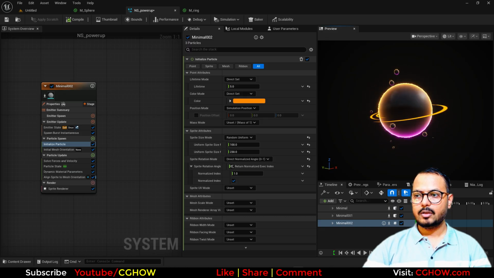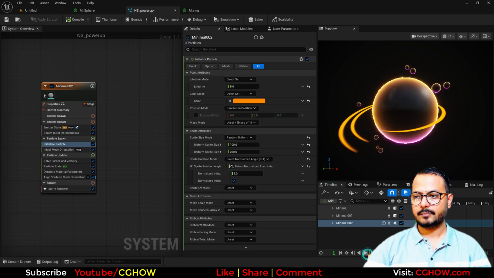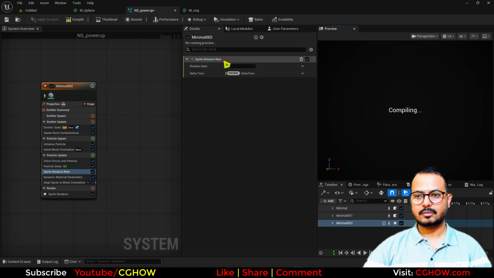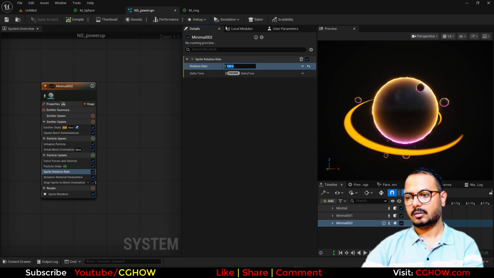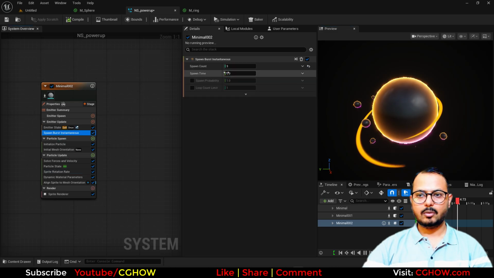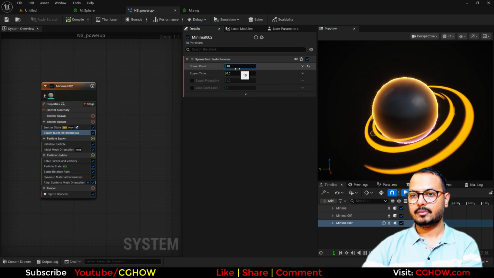Cool. So this is up to you how you want it. And if you want to add rotation rate, you can do that like this. You can also increase maybe 10 or maybe 5. 10 is cool,